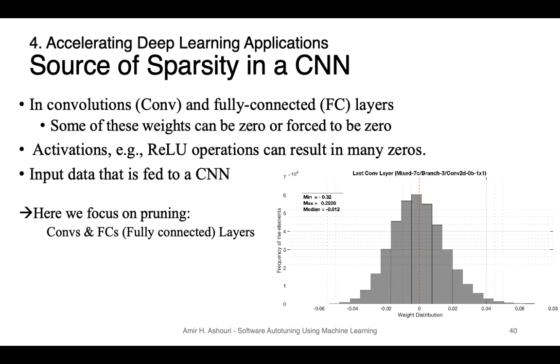So this is a histogram of the weights in the last computational layer of Inception version 3. You see the bulk of the parameters are centered around 0. They're so close to 0 that at some point you can just ignore them, on the order of 10 to the minus 5 or minus 4. So one of the famous techniques that you can apply here for pruning is called sparsification.